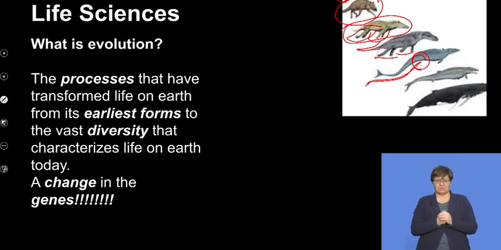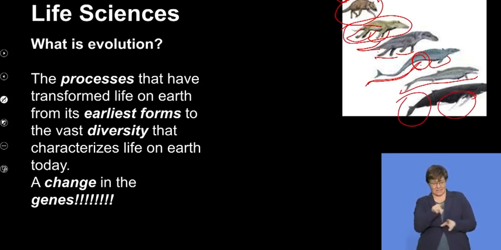Here we only see the evidence of the front limbs. And then when we look at the next one, we can see that the body has now become more elongated and the tail is becoming a little bit stronger, so that it's a little bit closer to what we know. And the last diagram over here, this is the whale as we know it